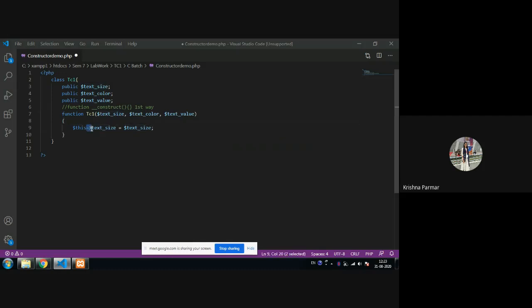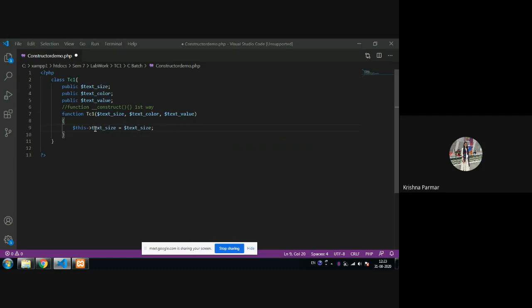Whenever you are using the arrow, don't put the dollar sign, otherwise you will get an error. Why? Because this arrow text_size is interpreted as one variable. If you put a dollar sign there, it means you are using two different variables and assigning something related to them, and that is not valid PHP syntax. It will always give you an undefined variable error.